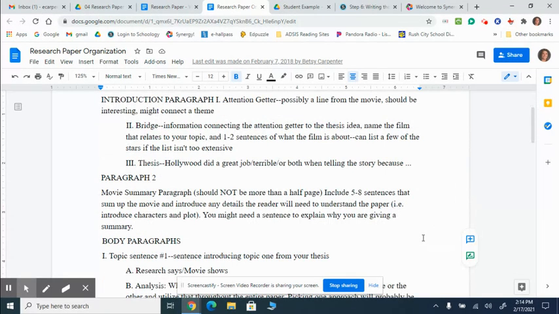Paragraph number 2 is the movie summary page. I want you to take note of this. It should not be more than half a page. We're talking 5 to 8 sentences that sum up the movie. I do not want an entire page. I do not want 2 of your 4 to 6 pages to be a movie summary. As you're summarizing, you're introducing the main details that the reader's probably going to need to know to understand the